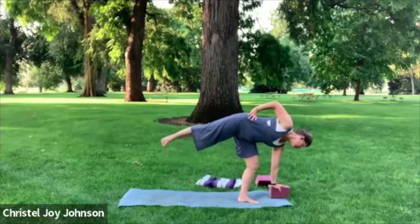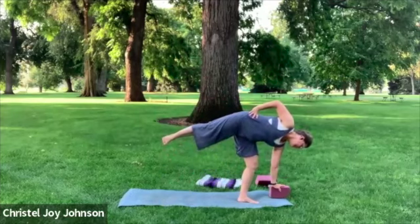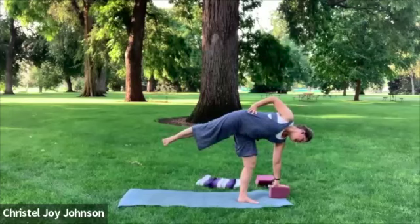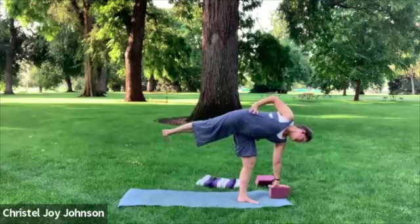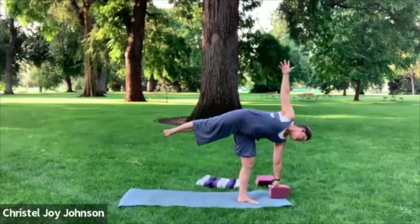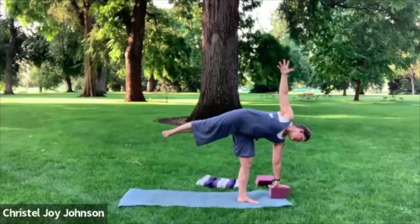Now, before you get too crazy with all the other things, try to see if you can put yourself against a wall, right? So that the right hip and the left shoulder are against the same wall. That left heel would not go further back. That's what a lot of us do. It would be at the same wall, as is the back of my head, right? Maybe that left arm reaches up, maybe not. Maybe you turn and look up. Maybe you straighten the right knee. Maybe you keep it a little bit bent,